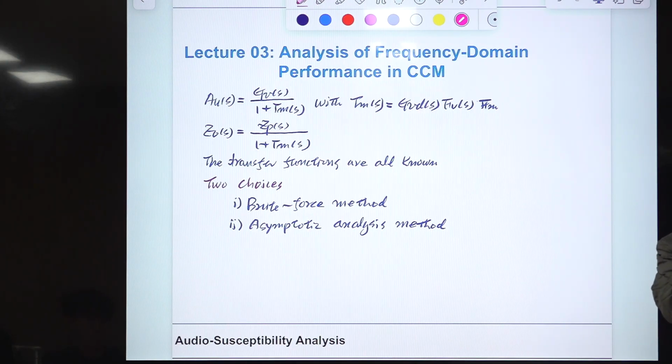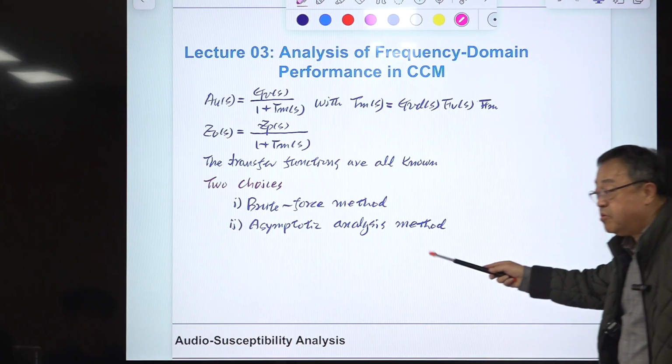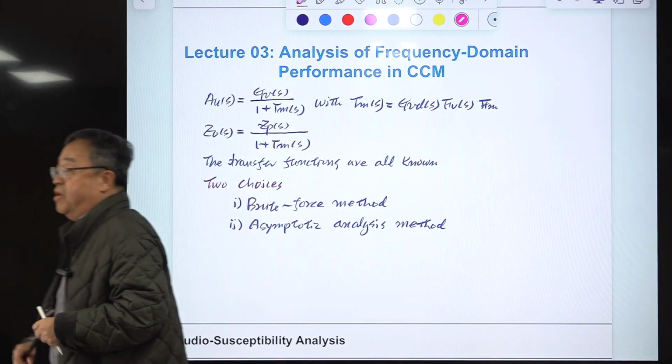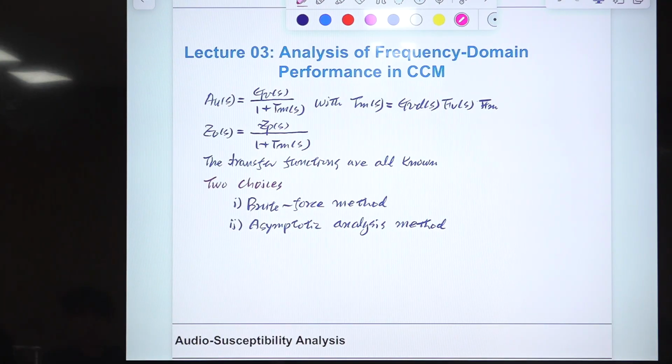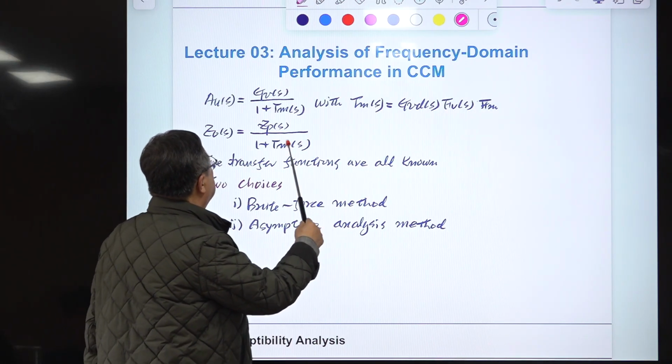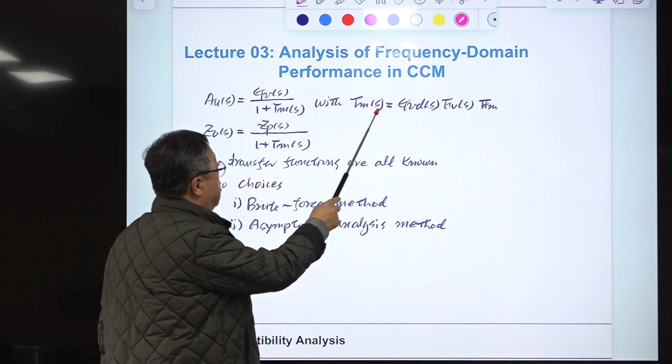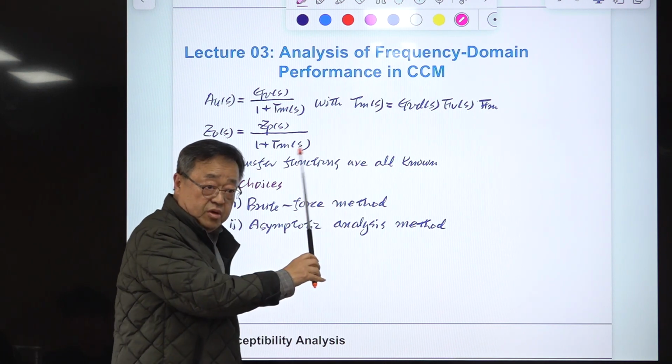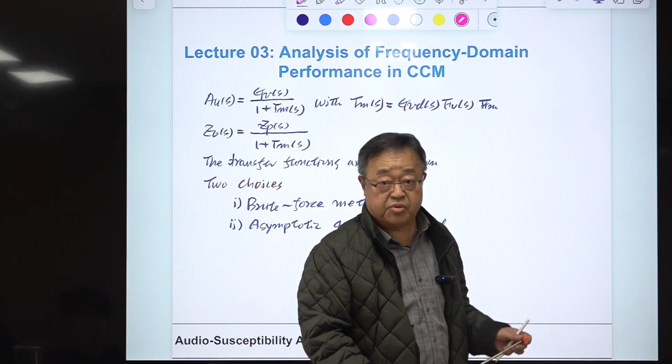But MATLAB, you are totally blind. You don't know what's going on there. Okay, but here you know everything. You are controlling everything. So this is the way we use. And in the next slide, we start the detailed application of this asymptotic analysis approach to our previous buck converter example.